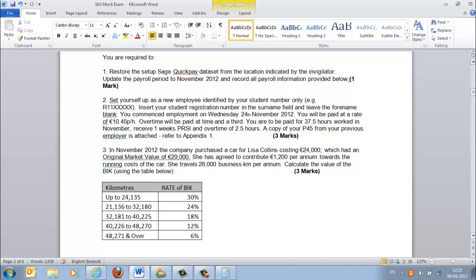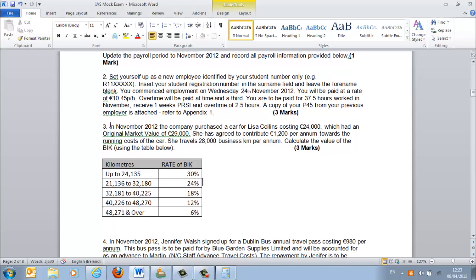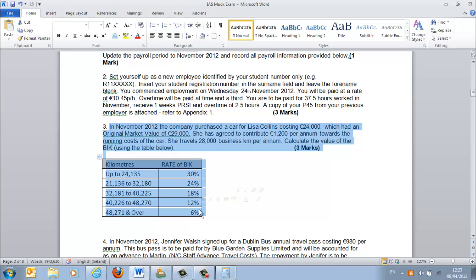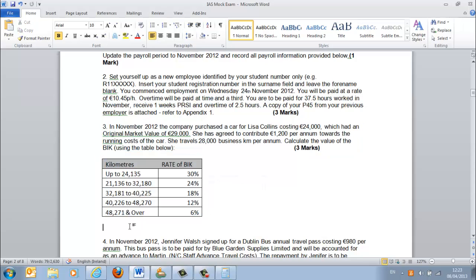Okay, employee number 2 we're on to is employee Lisa Carroll, who's going to get a car costing 24,000, which has an original market value of 29,000. She's agreed to contribute 1,200 per annum towards the running cost of the car, and she travels 28,000 miles per annum. Now straight off here, I need the formula for benefit in kind. First off, X divided by 12, which gives you the number of months, times the original market value of the car,